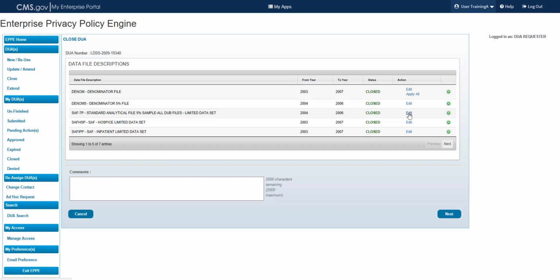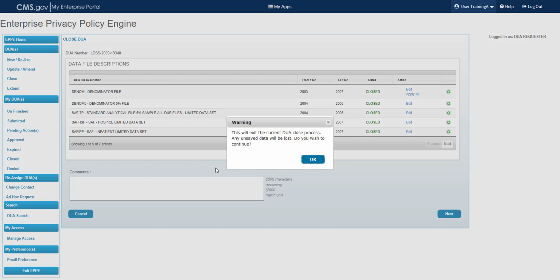Select Cancel in the lower left corner of the screen if you need to cancel your close. The warning pop-up displays a message that says, "This will exit the current DUA close process. Any unsaved data will be lost. Do you wish to continue?" Select OK in the lower right corner of the pop-up to cancel your close and return to the closed DUA screen,